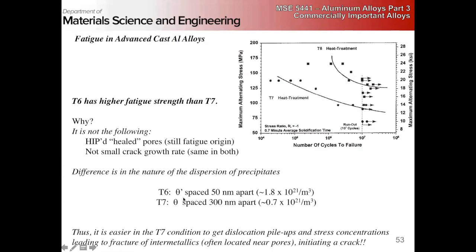So in this T7 condition with the theta that are farther apart, it's easier to get dislocation pileups and stress concentrations, leading to the fracture of intermetallics and initiate a crack. So what we see in this curve is all crack initiation behavior